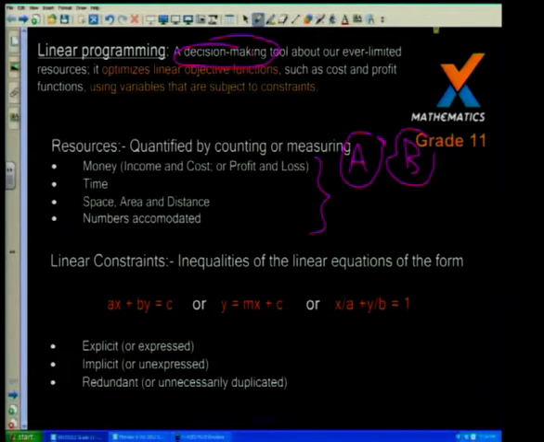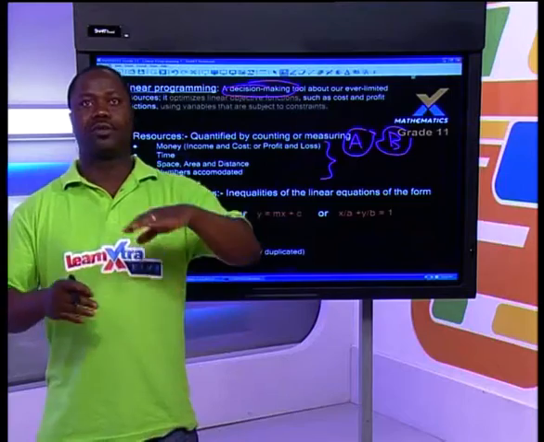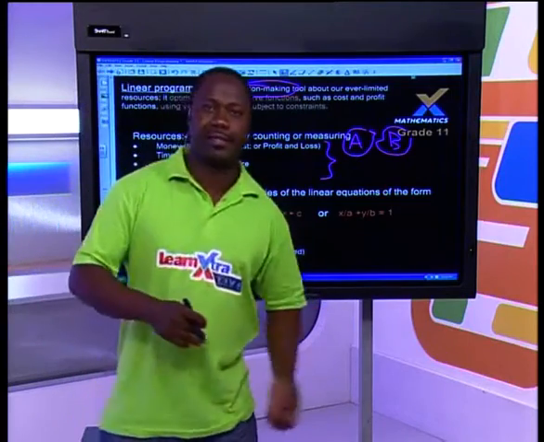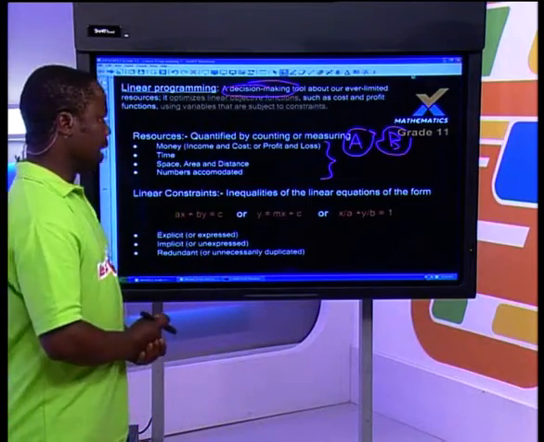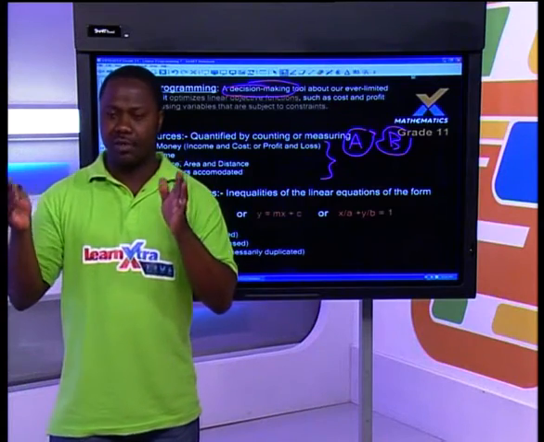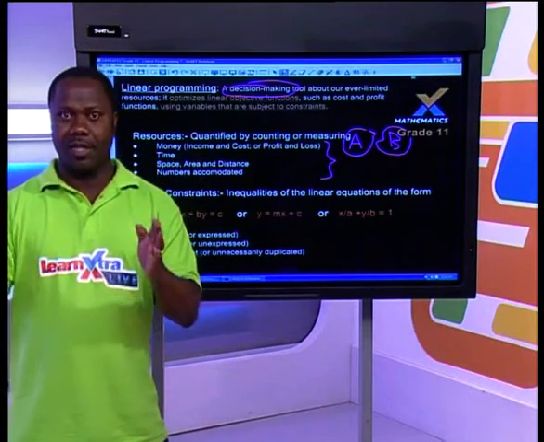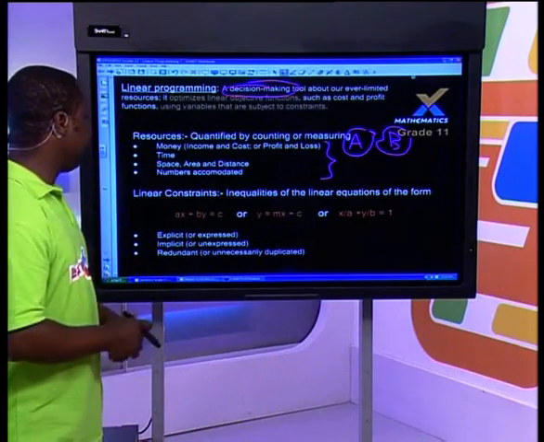And when it comes to time, for instance, say after school, you realize that you've got about 6 hours that you can allocate to, let's say, playing tennis, and the other one for finishing your homework. And those are now 2 items given. Let's say you gave yourself 6 hours in the afternoon to use for those 2. And that is time. When it comes to space, for instance, let's say you've got 1,000 square meters.